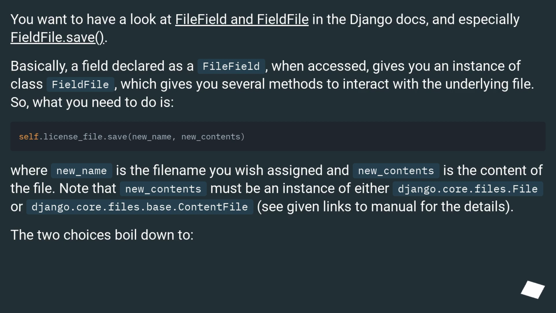Note that new_contents must be an instance of either django.core.files.File or django.core.files.base.ContentFile. See given links to the manual for the details. The two choices boil down to